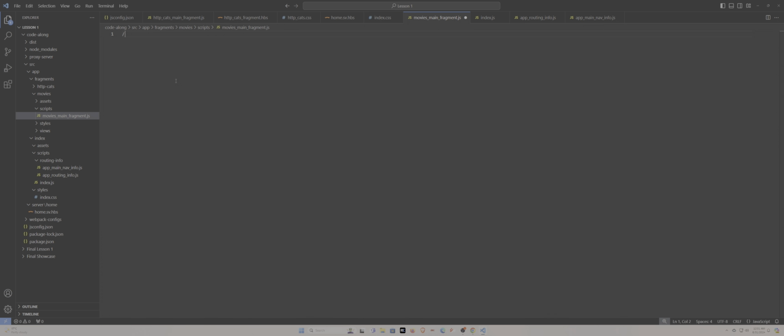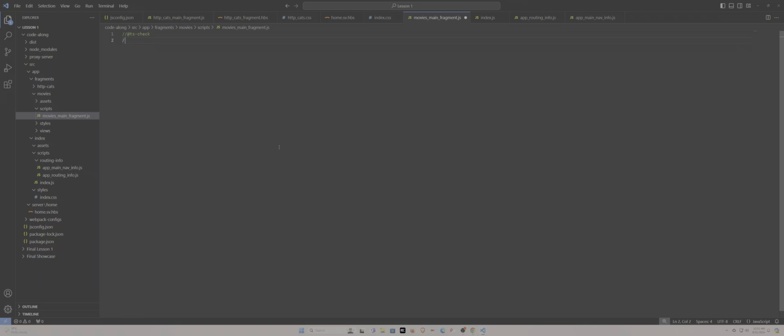And inside here, we just do the same thing that we did previously of that yes check directive, import our styles, which will be from the movie.css file. And the styles folder, movies.css. Let's just create this file, and then we'll implement it later. So we have movies.css, and then